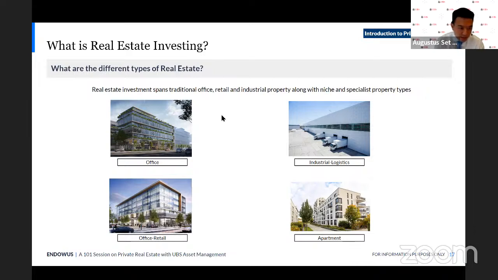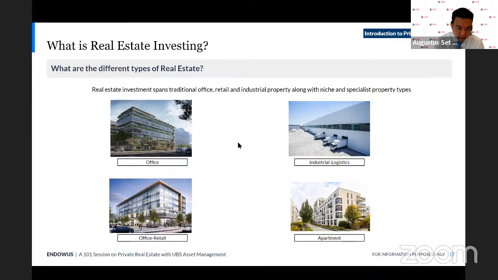There are industrial logistics buildings, for example, an Amazon warehouse where they would store goods so that when you order your groceries or your clothes online, that's where the trucks would go to pick them up and deliver them to your doorstep. There's retail, there's shopping malls. Obviously, there's different types, right? There's high street or high-end fashion along Orchard Road, or your more suburban shopping mall that's in your neighborhood where people would go to buy groceries or for other services, whether it's tuition centers or doctors or GPs.